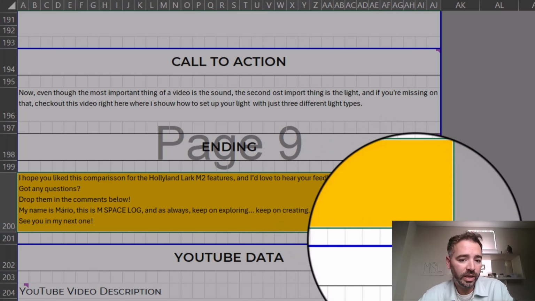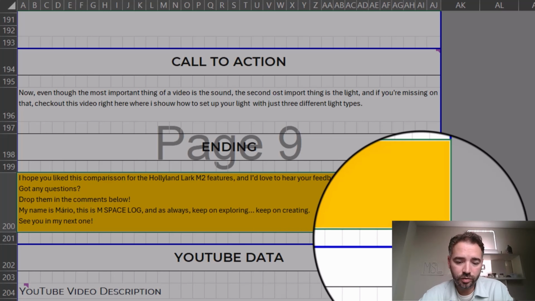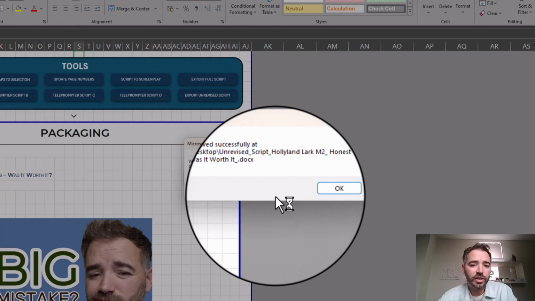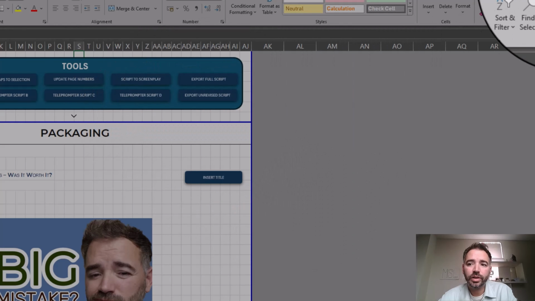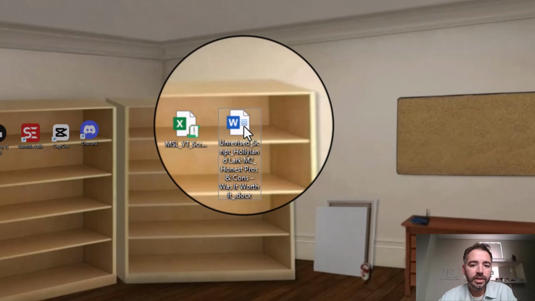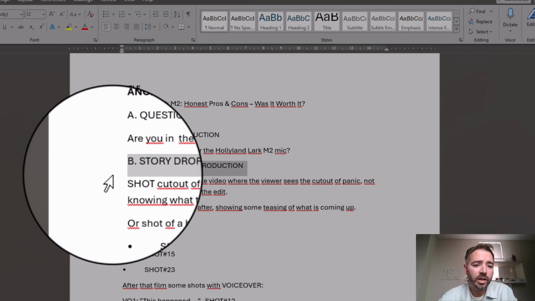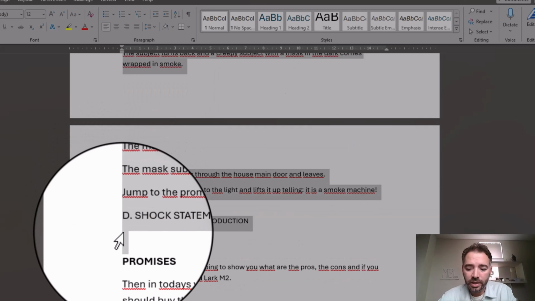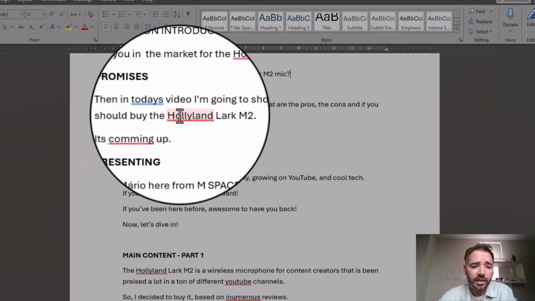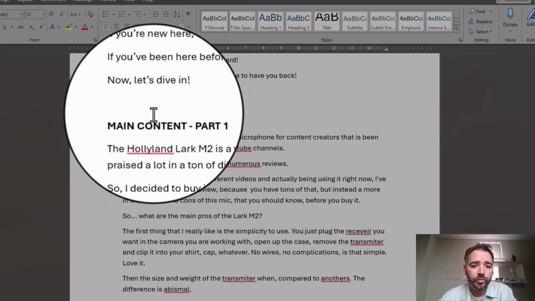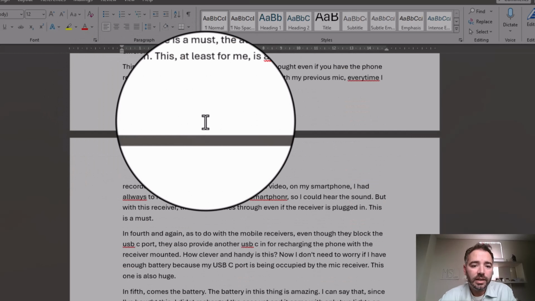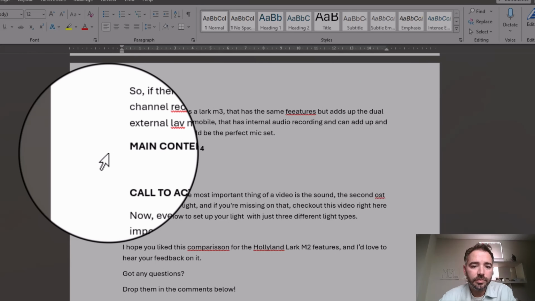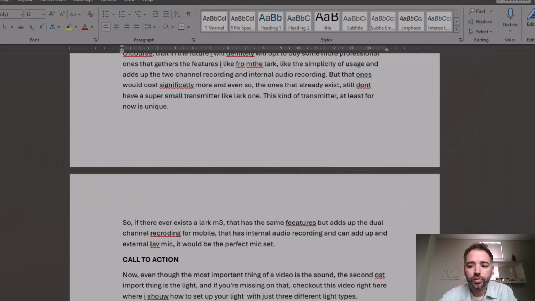And the easy way I can get this is just by going to the tools. I can export a revised script, and what it will do is export the file, the unrevised script. So here it is. I'm just going to open it, and it exports everything, but also the hidden ones. So I'm going to delete the B, C, and D because I didn't use them. And as you can see, there are a ton of errors. So I'm going to use ChatGPT to correct them too. And I'm just going to erase the main part 4 because I didn't use it. And now I have my full script unrevised.